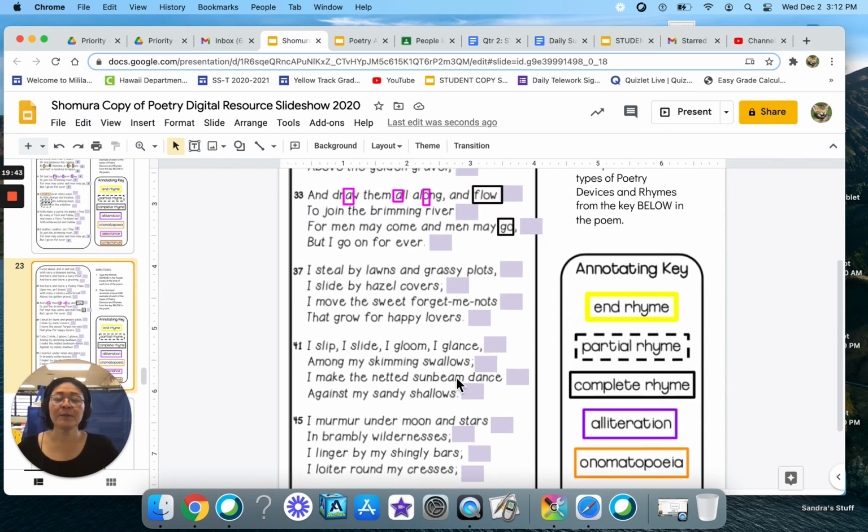So if you remember, assonance is a repeating of a vowel sound. It can be in the middle, it can be at the beginning. It doesn't have to only be at the beginning. So the example is, "and draw them all along the flow." It's this ah sound. So draw, ah, along. Now, along is an O, but it makes that sound when we say the word. So that is why we put it in this hot pink